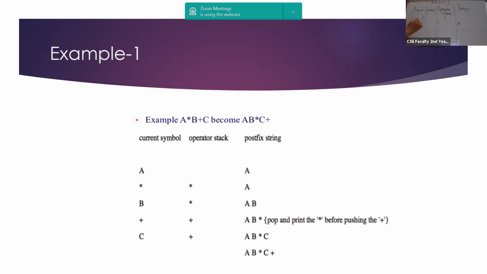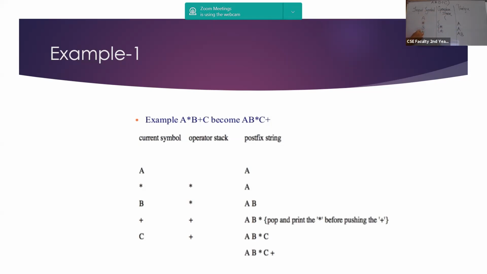Next we have multiply. So multiply is an operator, so it will come here. And A will be as usual. Ma'am, the operator with high precedence comes first, right? Let me complete first. Then it is B. Okay. So B is also not an operator, so B will come here. So A followed by B.